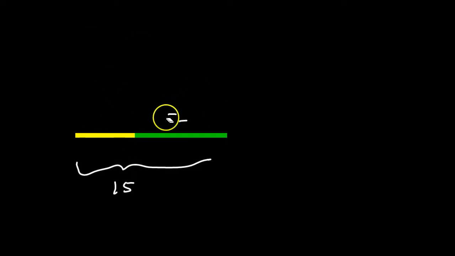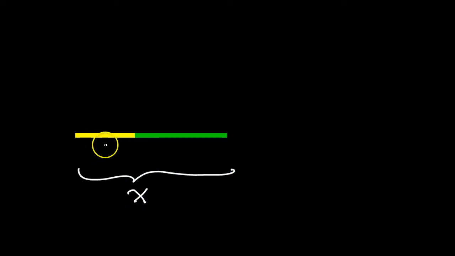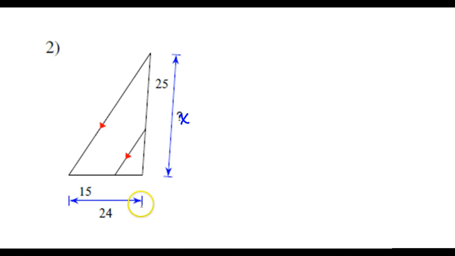Let's look at one more of those. This time, let's say the entire length was x, and you knew that the yellow portion was 7. What expression could you put for the missing part right here? You would put x minus 7. Again, it's the whole minus the part that you already have. That's going to be useful in problem number 2